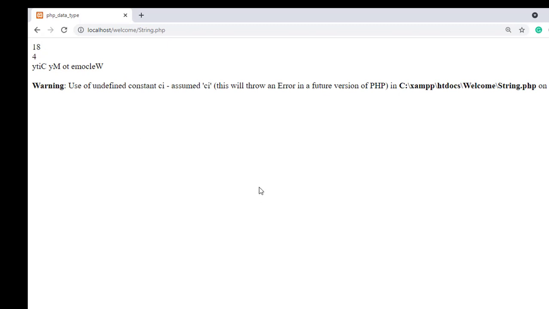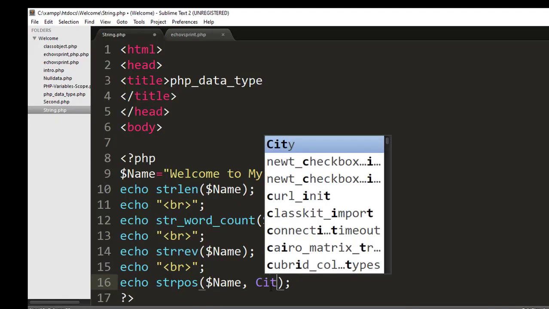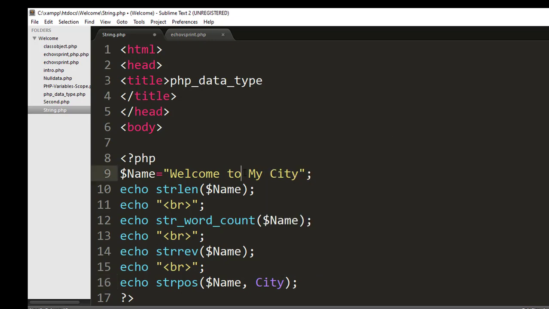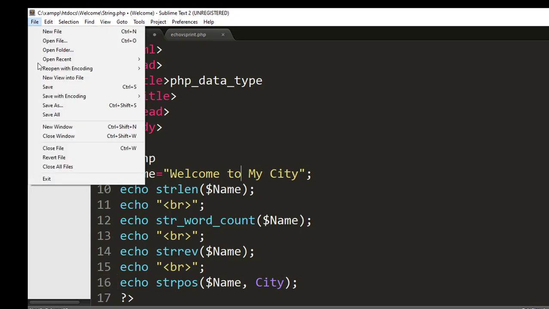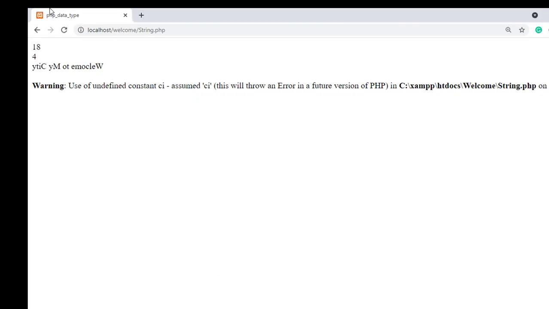A warning says ci is undefined, so just use city. Save. The warning says the constant city is assumed to be city, and the output is 14.